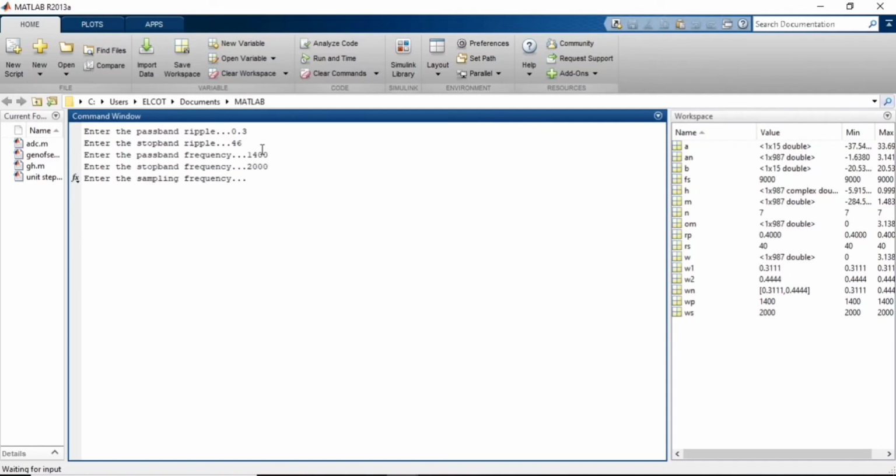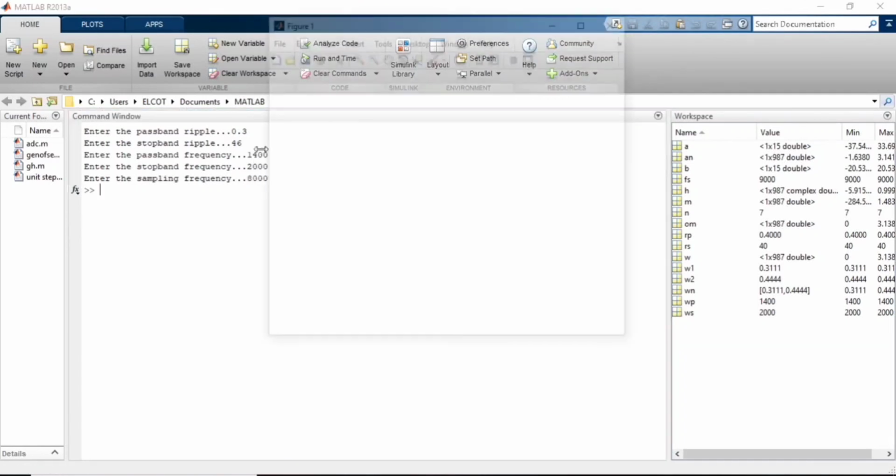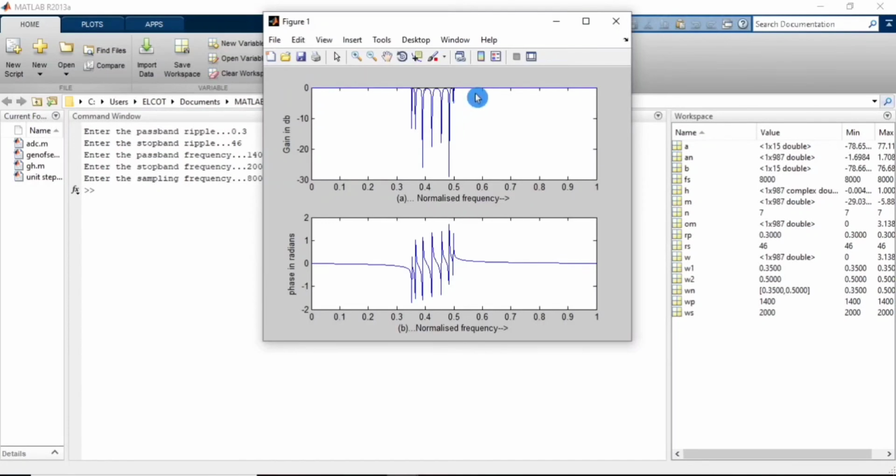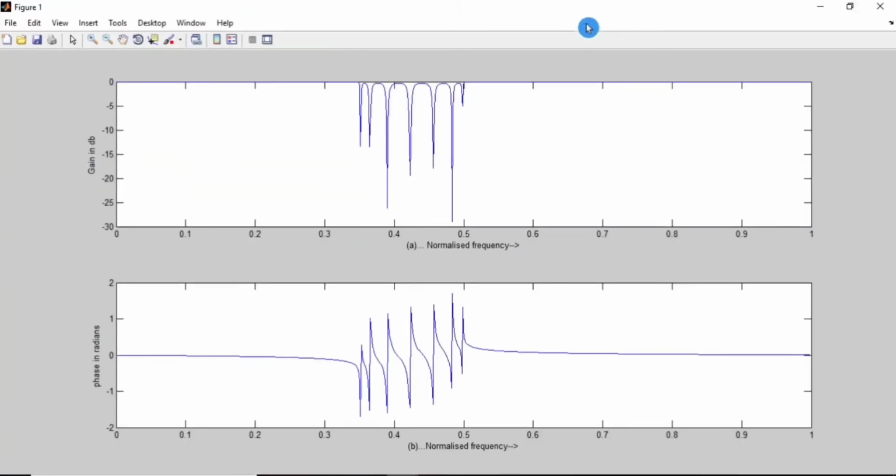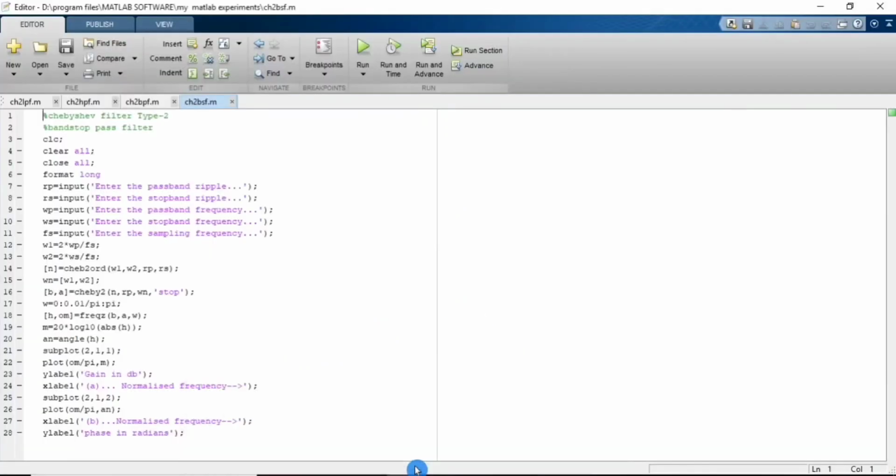Finally, sampling frequency as 8000. This is the output for our band stop filter. This is the magnitude response, and then this is our phase response output of the band stop filter.